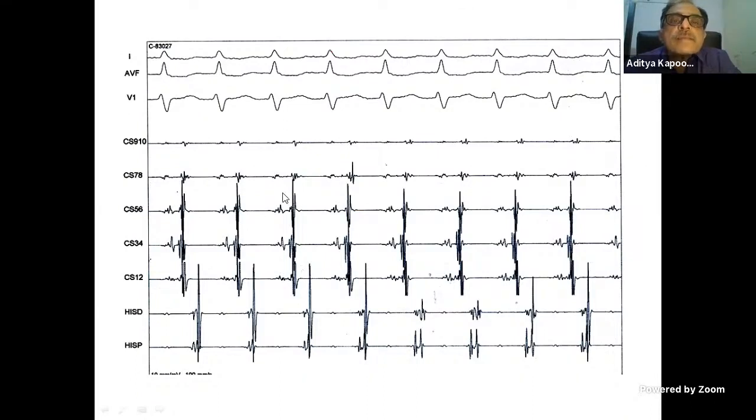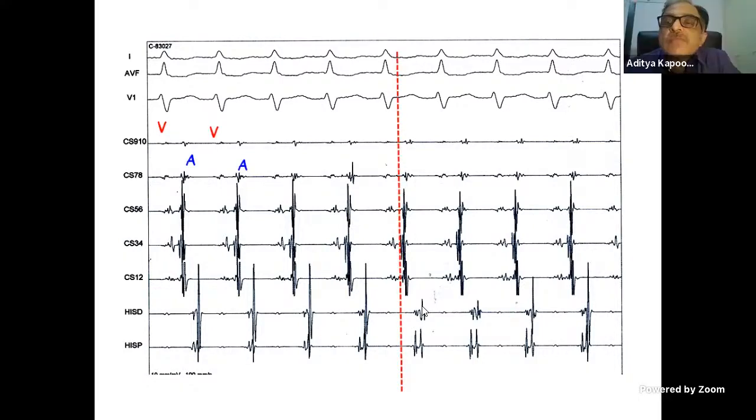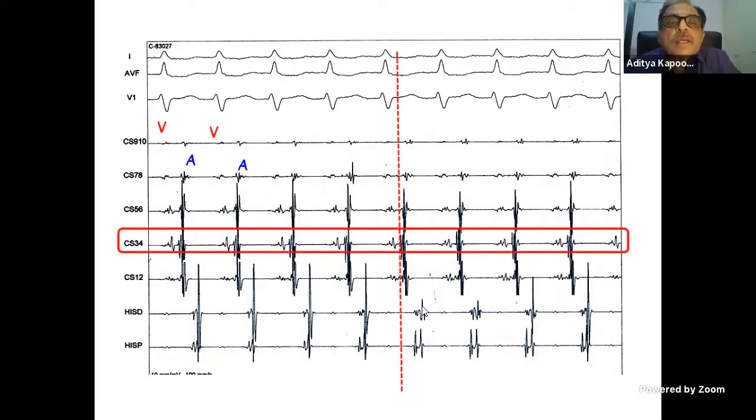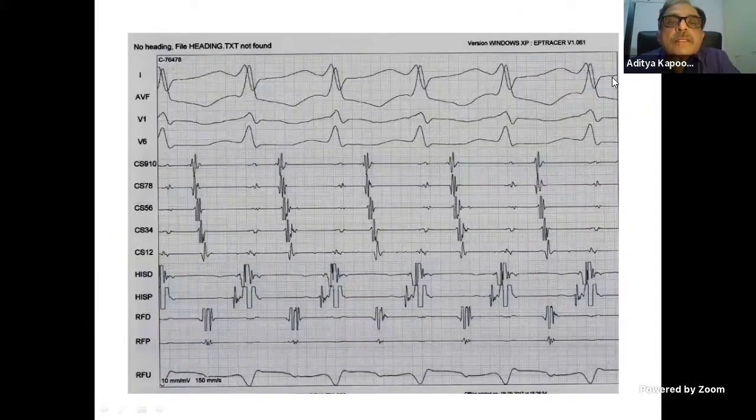In this case, again, does anybody want to tell us which channel appears to have the earliest retrograde atrial activation? CS34. Good, excellent. So CS34 appears to be early. So again, if it is a pathway, it could be somewhere here in the middle. 1, 2, 3, 4 is somewhere here. Another patient, again